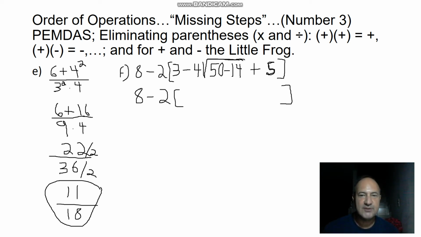So let's concentrate inside the bracket, and inside the bracket we have a subtraction and then a multiplication, but we have a square root and then an addition of 5. So what are we going to do first? We need to concentrate on the deepest part of the problem, the deepest part of the bracket or the parenthesis, the square